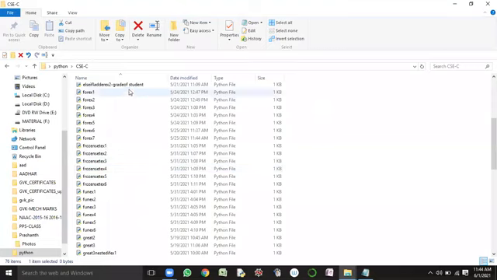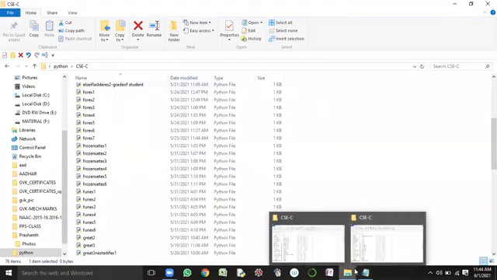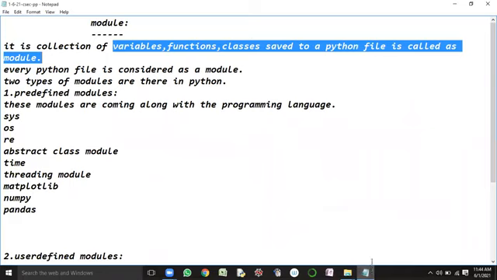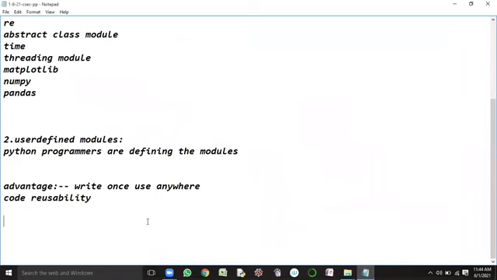Okay, so a collection of these Python files, a collection of these modules, makes a package. New term, guys: package. So what do you mean by package? It is a collection of modules.